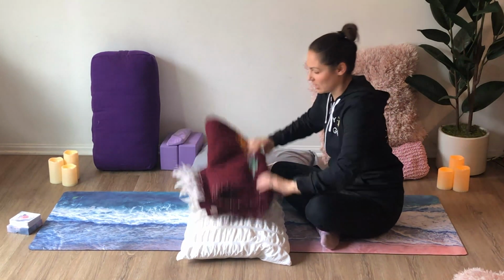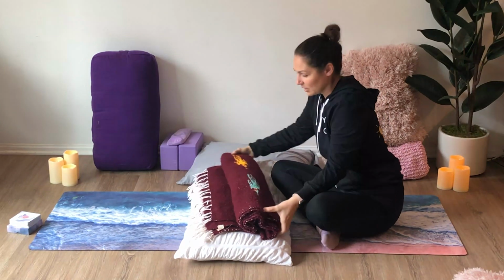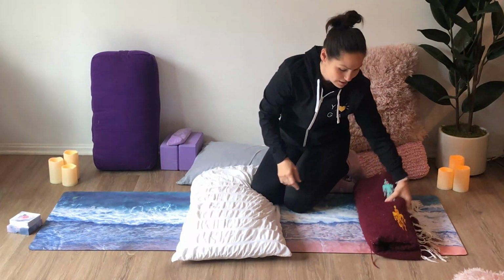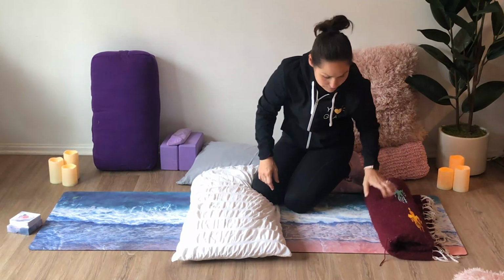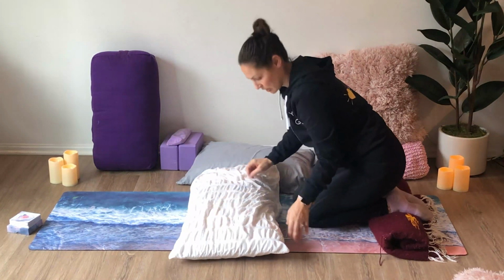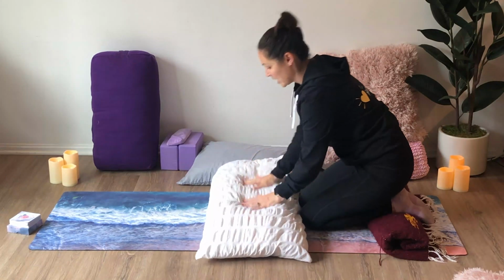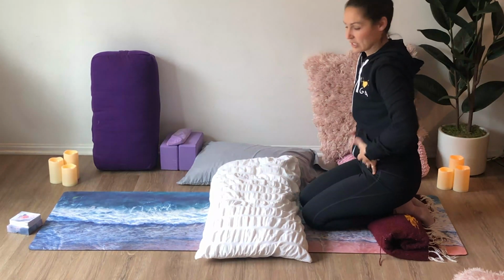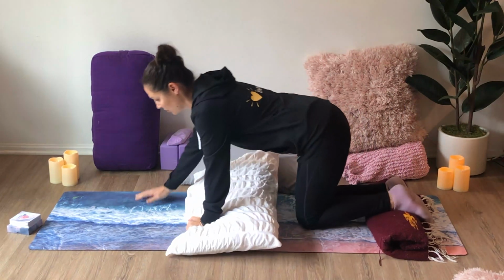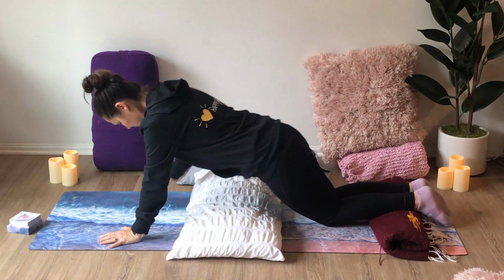I'm also going to take a blanket and roll it up to place underneath the tops of my feet to release any uncomfortable pressure from my ankles. You can also place a blanket underneath your forehead if that feels good. So with the pillow lined up to where your abdominal is going to lay down, begin to shimmy yourself down onto your mat, onto your blanket,